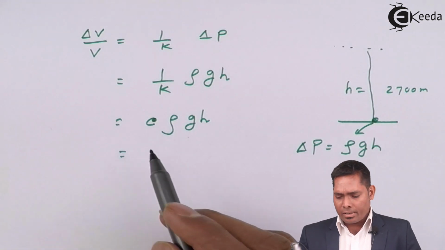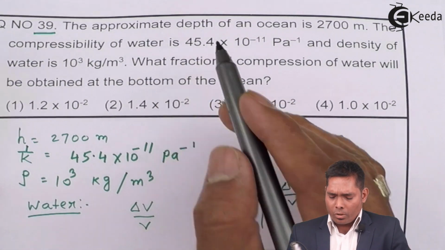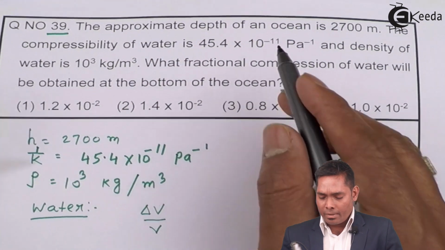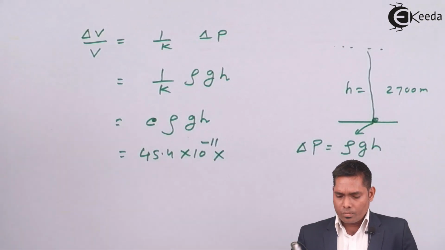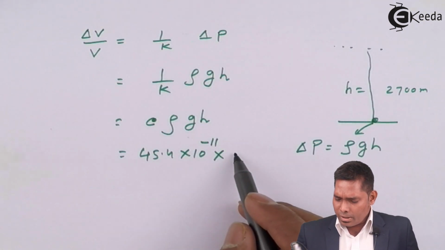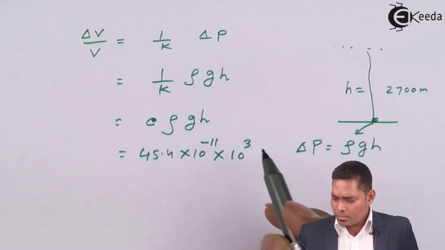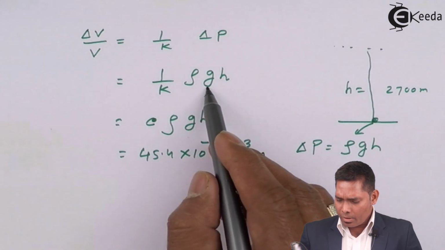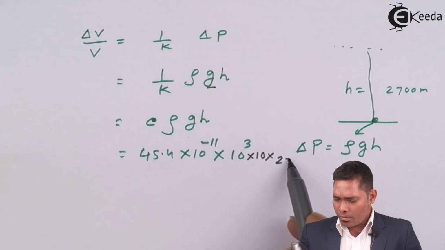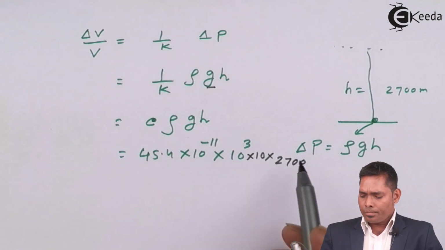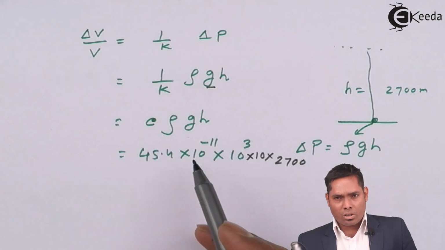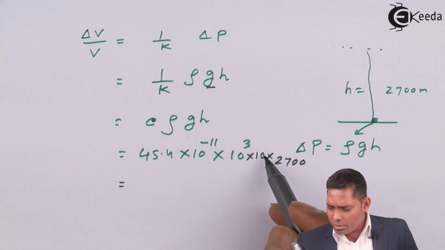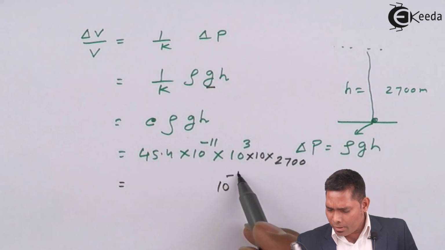The compressibility is given as 45.4 times 10 to the power minus 11, into rho, density of water, which is 10 raised to power 3. g I will take 10, and h is 2700. All the quantities are expressed in SI system of units. Now this will become 10 raised to power minus 5, and